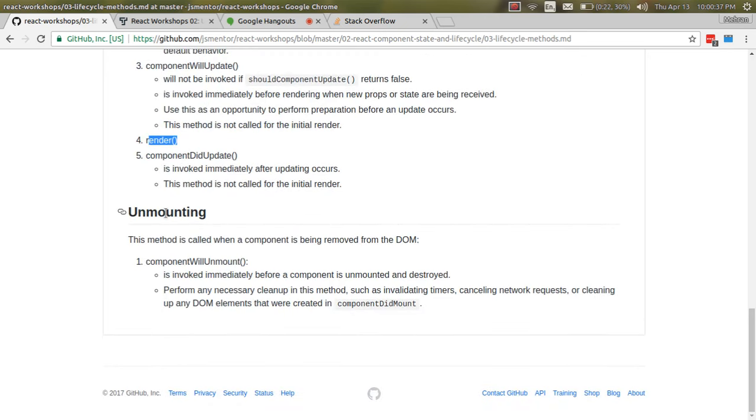Okay, at the end, the last phase is unmounting, which has only one lifecycle method right now, which is componentWillUnmount. So componentWillUnmount happens when the component that you have in your page is going to be, as you have it in its name, unmounted. But at the point that this function is being called, the component is still there. Right before it is unmounted, you can do something. For instance,